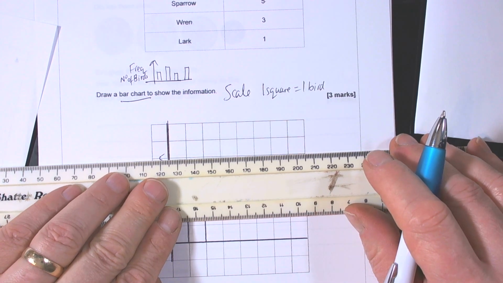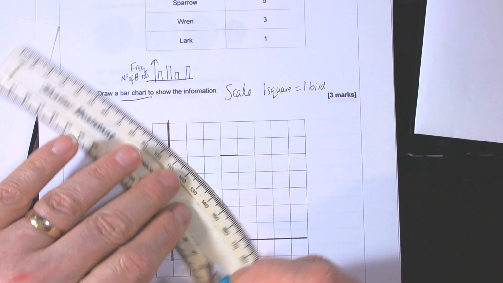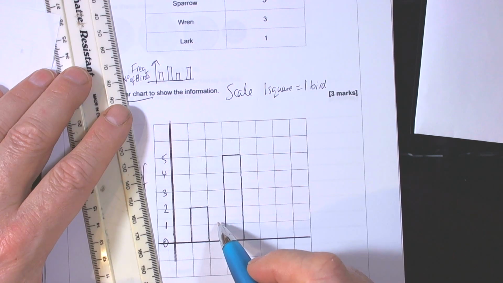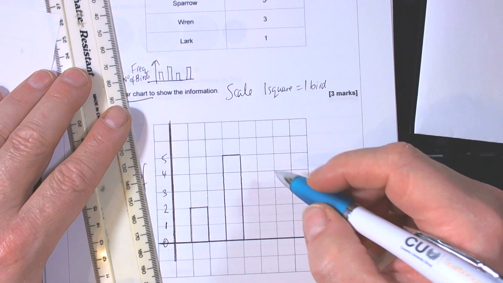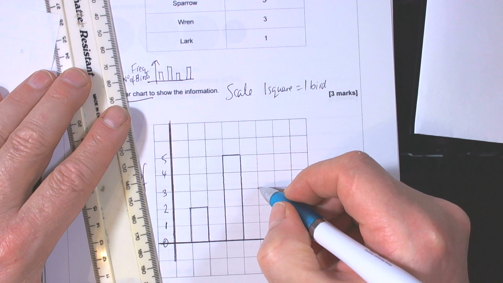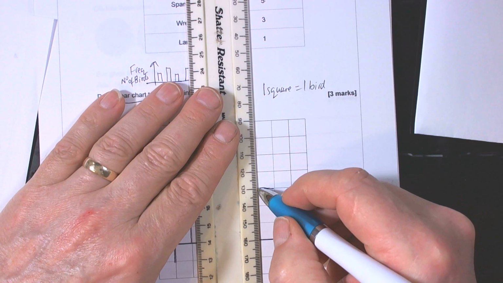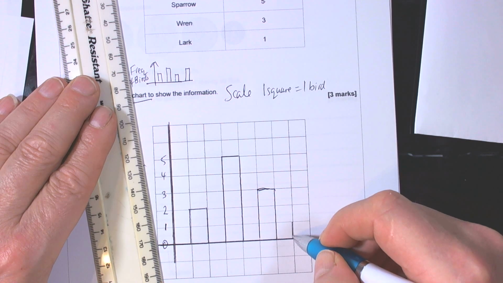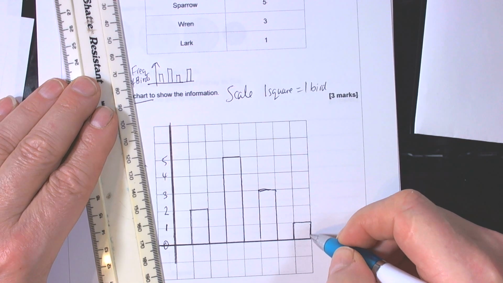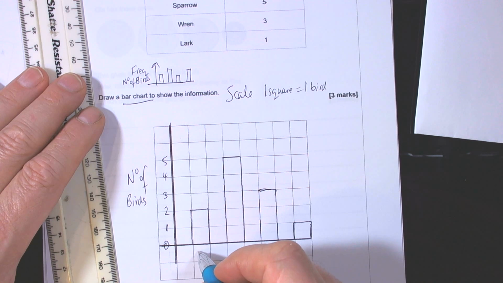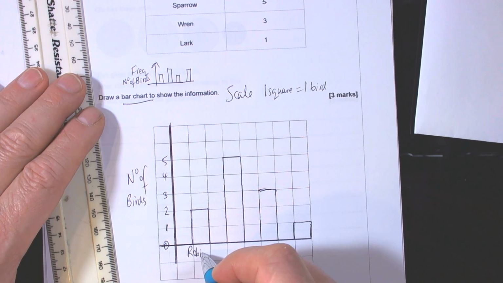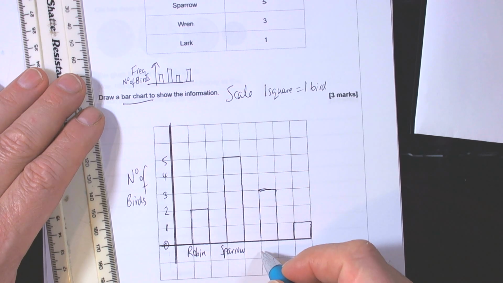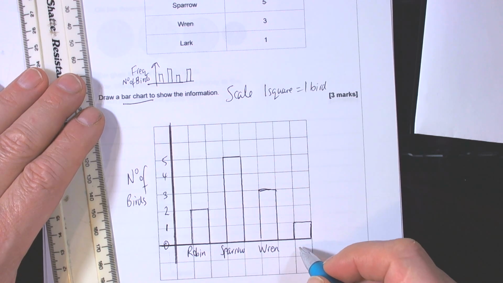For the sparrow, we've got 5. Again, remember to leave the gap between each bar and to make sure the gaps are all equal and the bars are the same width. Wren of 3. And a lark of 1. Okay, so this was the robin, sparrow, wren, and lark,